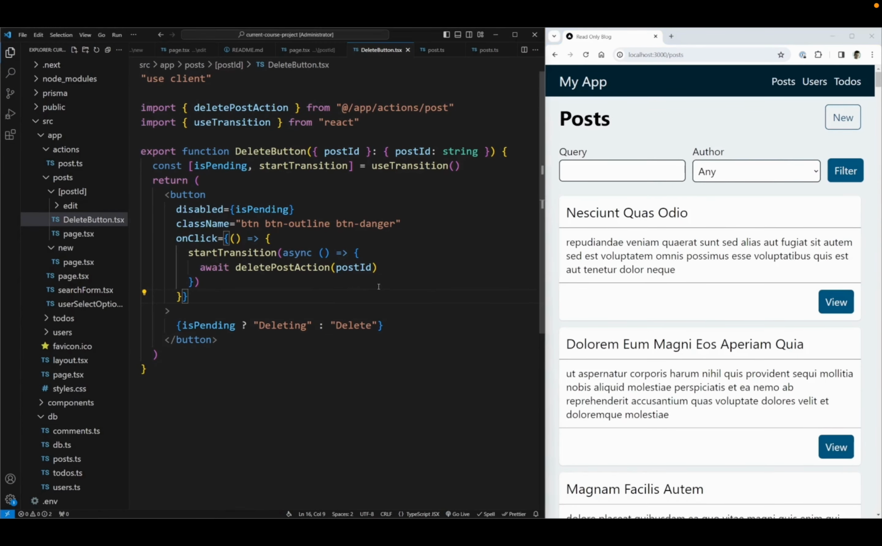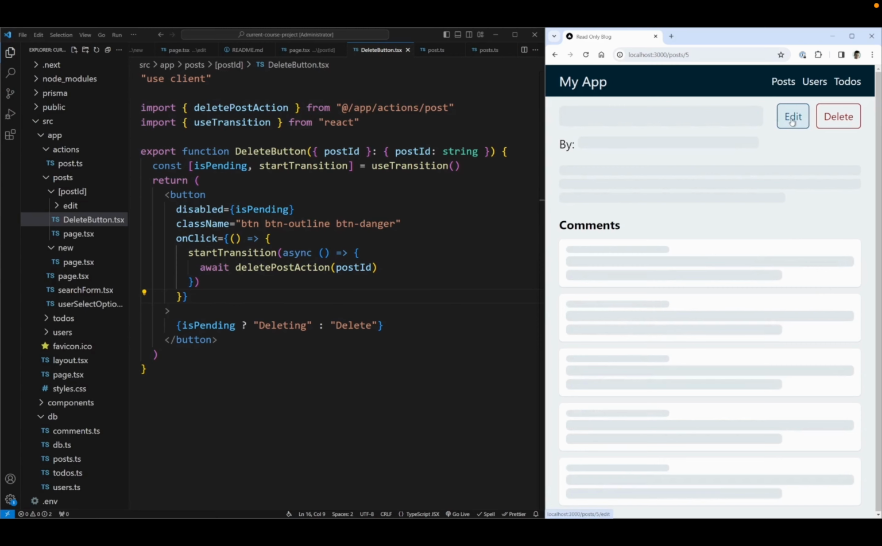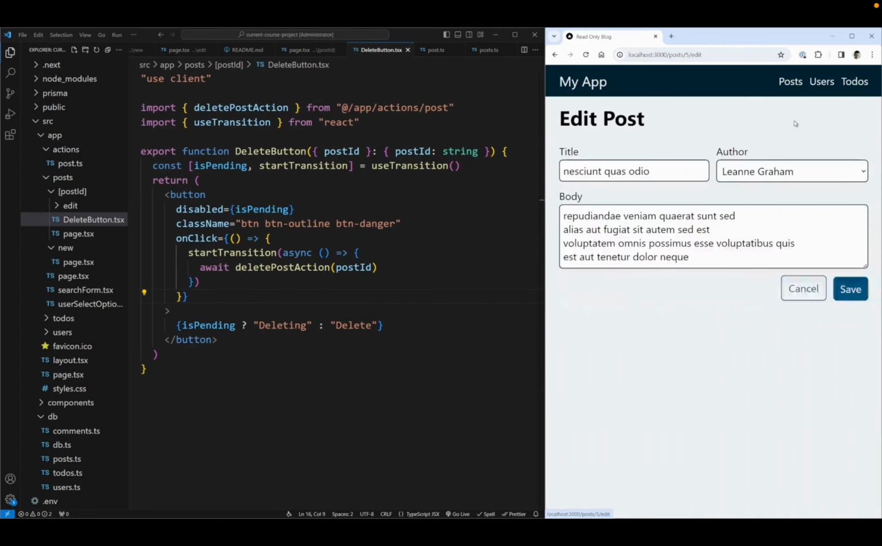Now, the next thing that we need to work on is going to be the loading state for our new as well as our edit post. So if I click new here, I want to make sure I have a loading state before this page actually loads, as well as most importantly on my edit page, if I click on edit, I want to make sure that I have a loading state that'll show up, because right now I don't have one. So what I can do is I can create a brand new file called